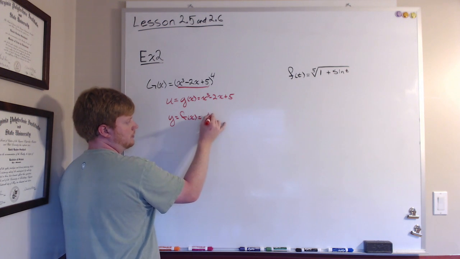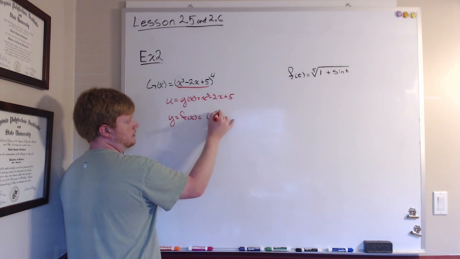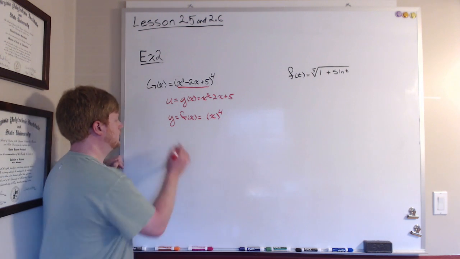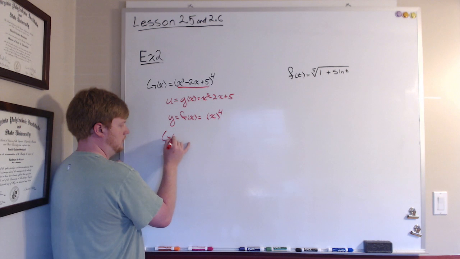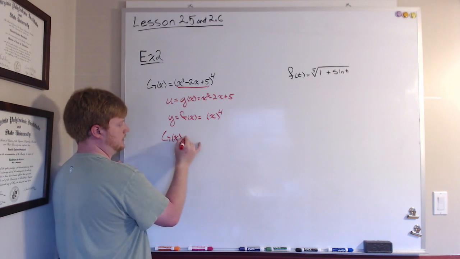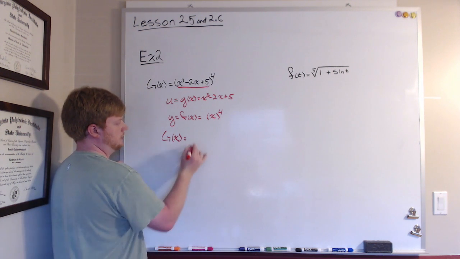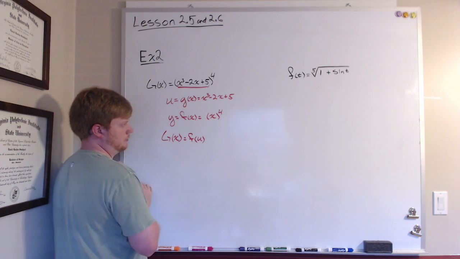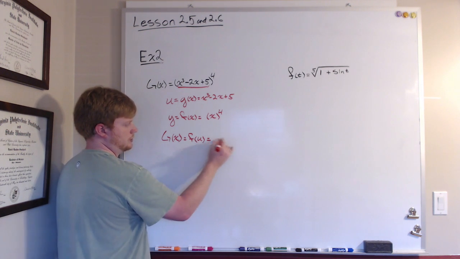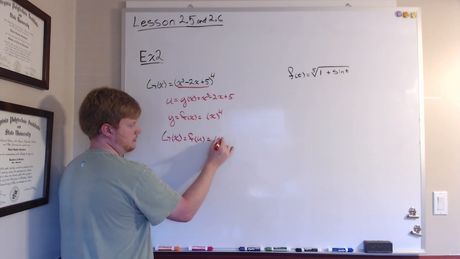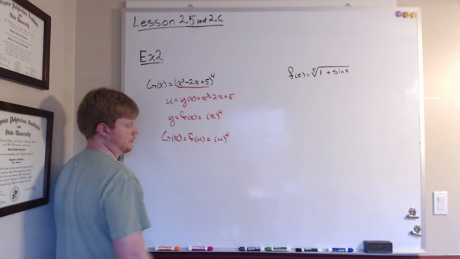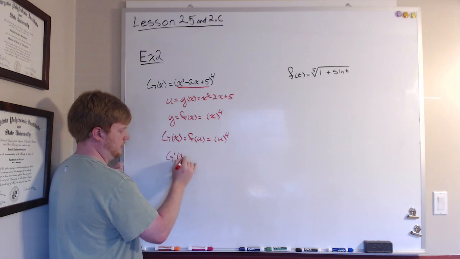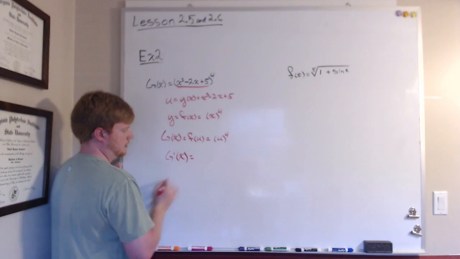equals x to the fourth. Okay? So big G of x is equal to f of u, which is u to the fourth, and the derivative of big G of x is